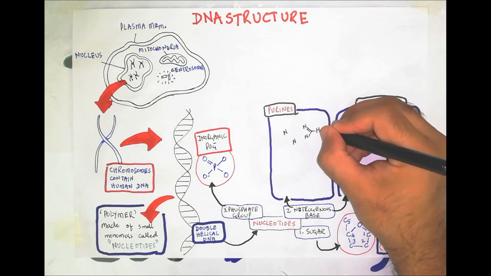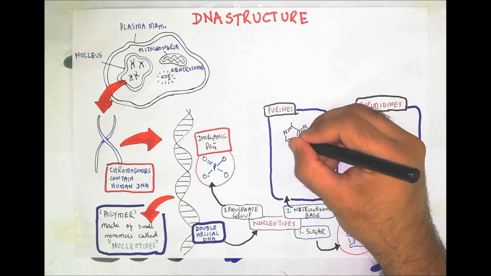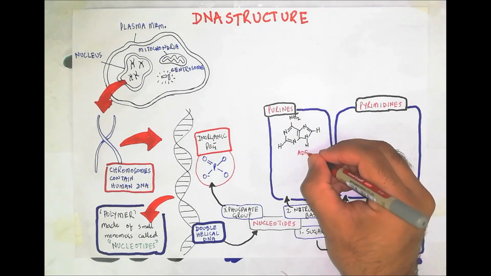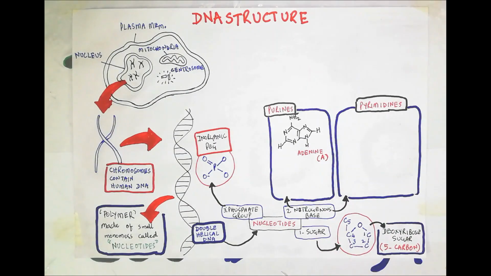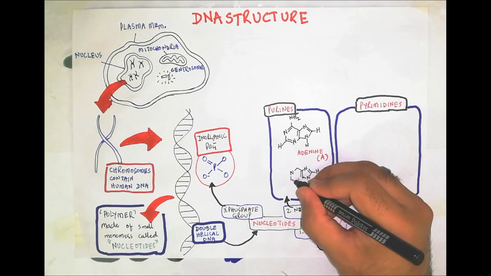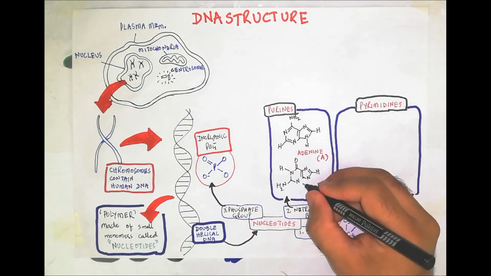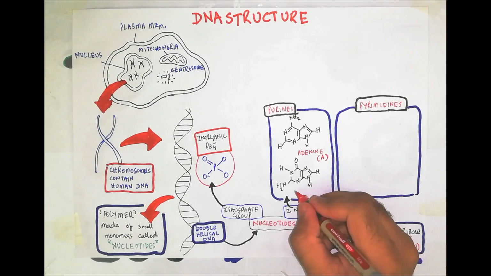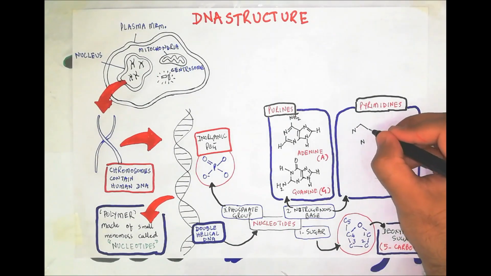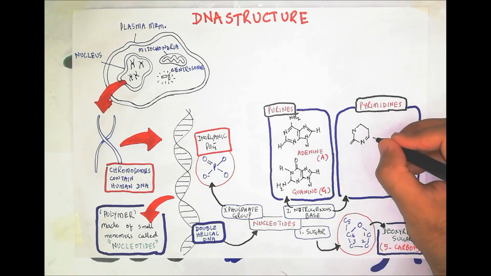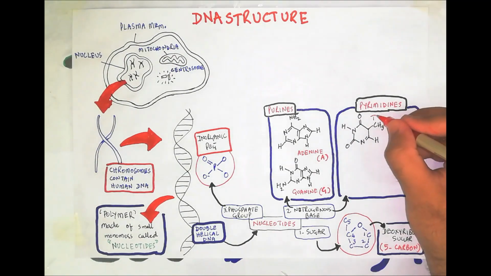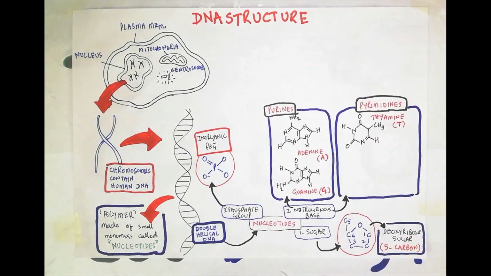The double ring structures, purines, can be classified as two, like this one, which is called adenine. And there is another purine that is called guanine. Adenine is commonly referred to as A, while guanine could be called G. Going towards pyrimidines, there are three different kinds of pyrimidines normally present in nature, called thymine, T,